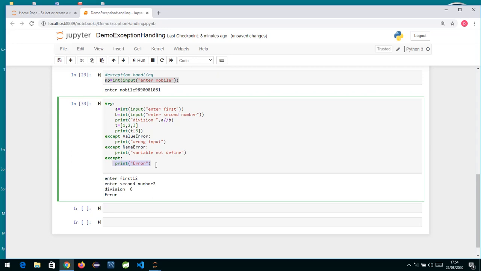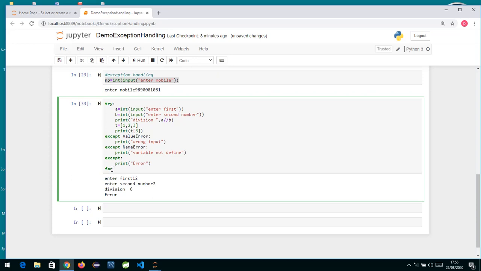So exception handling basically means you are thinking of all the possible errors that might occur at runtime and you are trying to handle them. And if you see, the program has not crashed abnormally. Wherever the error occurs, from that point it goes to the except block, and after that if we have written any code it will execute successfully.